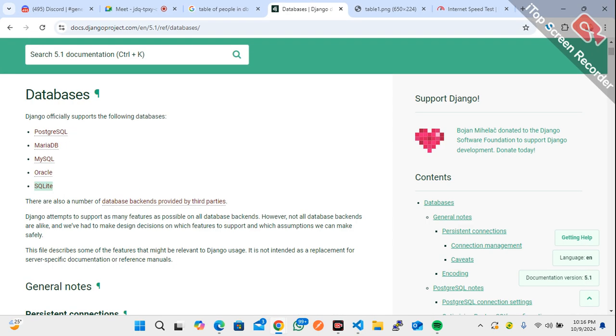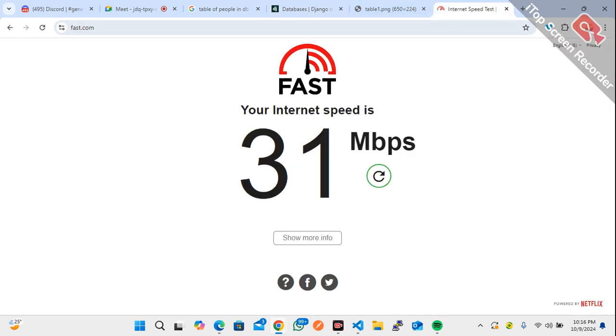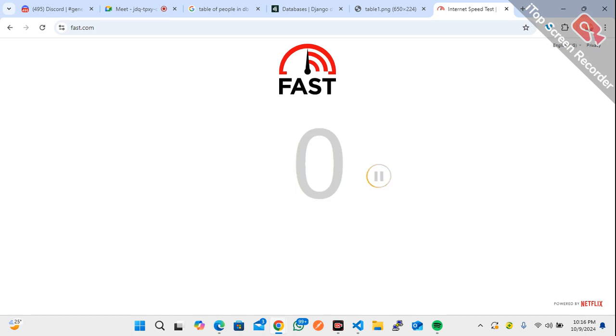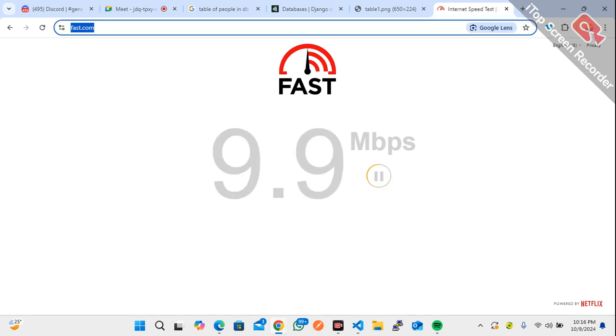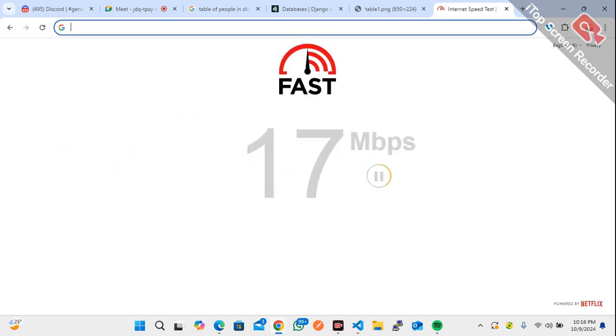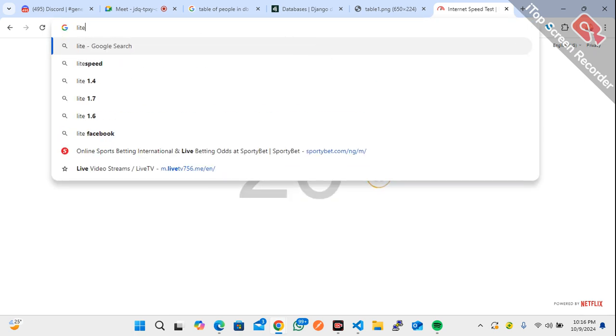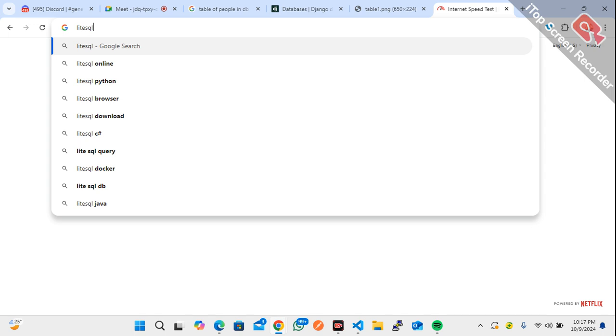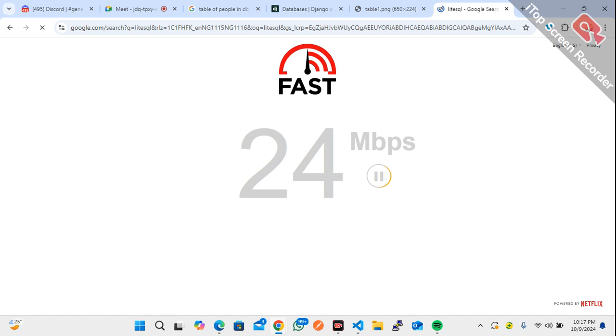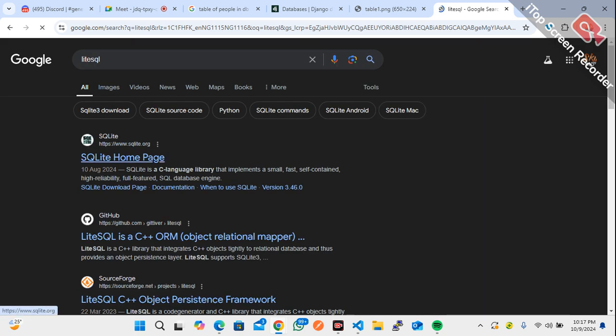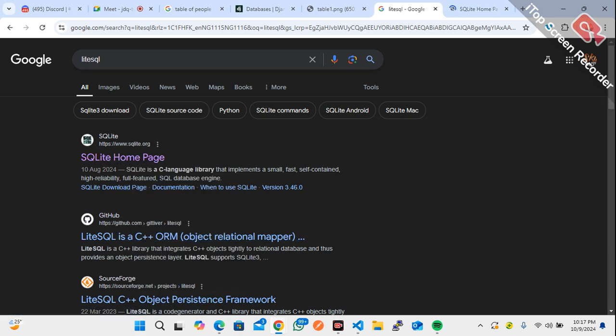Now, why I don't recommend SQLite? Let me tell you why I don't recommend SQLite for you to use. Why I don't recommend you using SQLite is very, very simple. Now we come to here and you type SQLite. So if you come to the SQLite page and come down here,